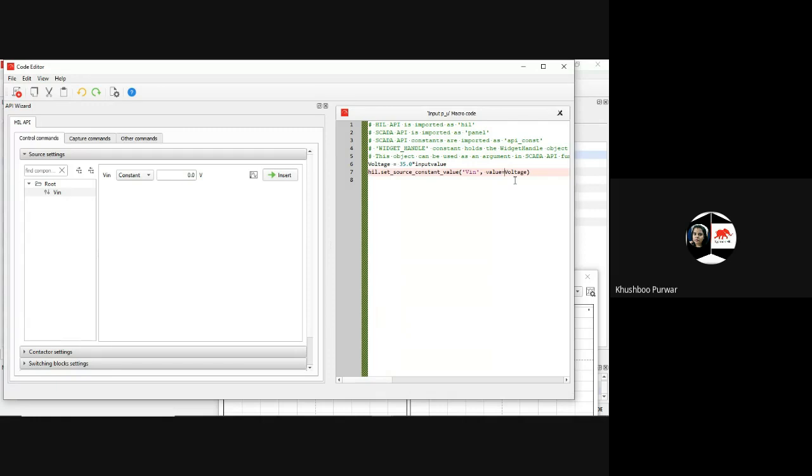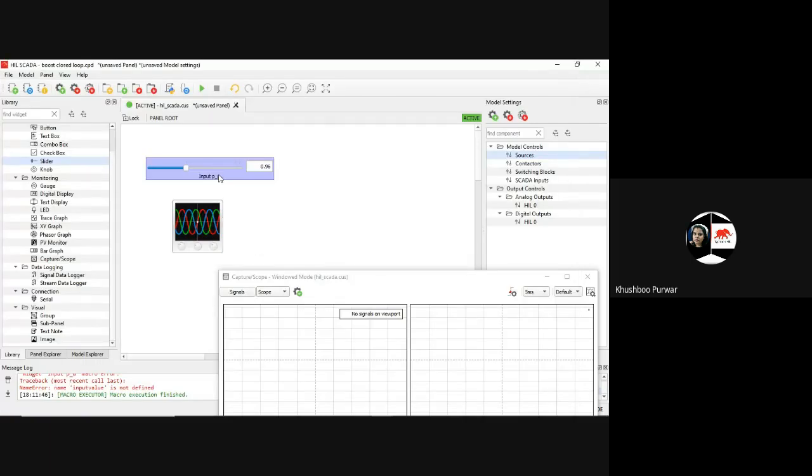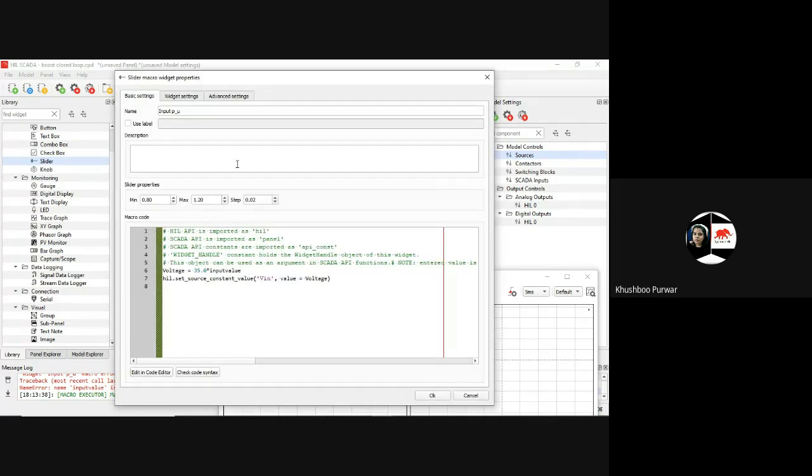Value equals to voltage. Here I have used the same value. And why is it showing the error? Okay, here it is a small v. In our input, voltage was with a small v. Okay, it is v only. Just check it. Okay, here I have to give input voltage.